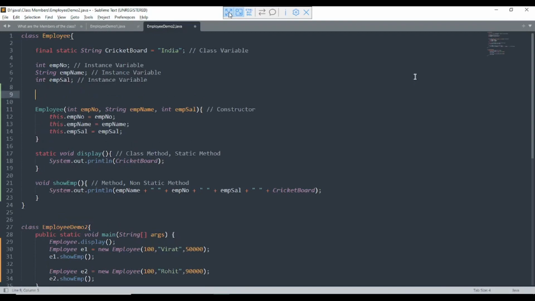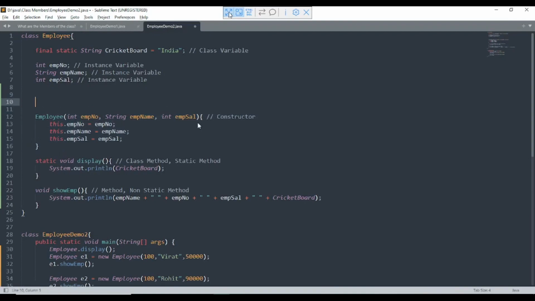These are the instance variables assigned using the parameterized constructor. There are three arguments of the constructor: employee number, employee name, and employee salary, and three instance variables of the class available: employee number, employee name, and employee salary, right?